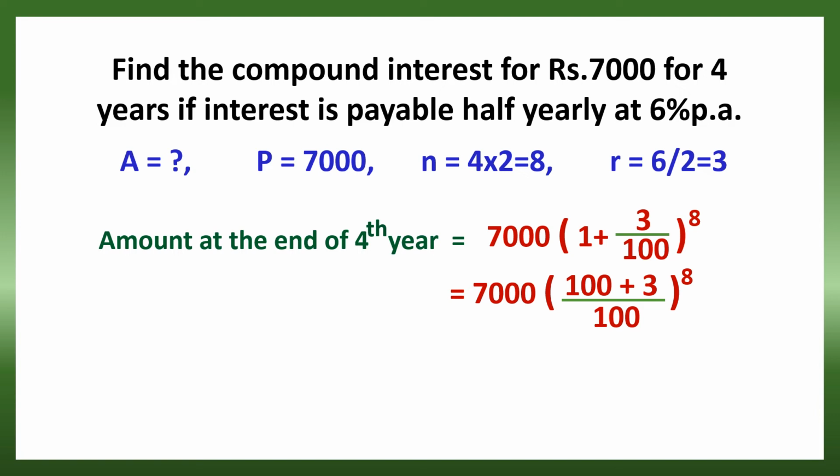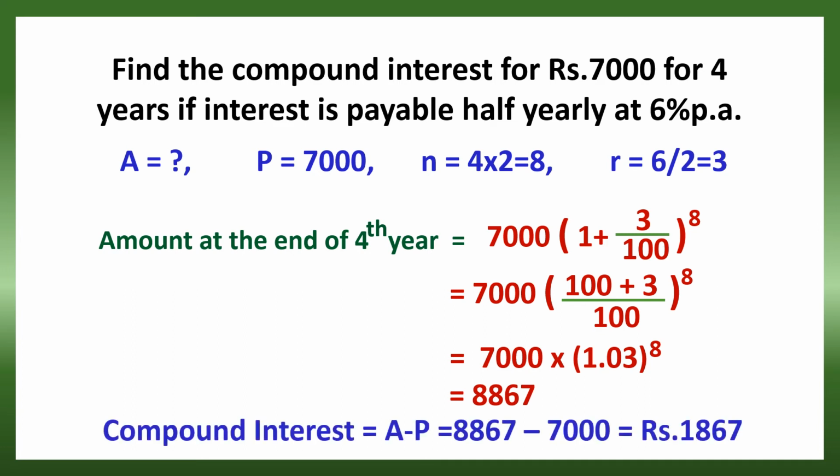And when we add 100 plus 3, it becomes 103 by 100. Then on dividing it with 100, we get 1.03. So it becomes 7,000 into 1.03 whole raised to 8. On multiplying these two values, we get